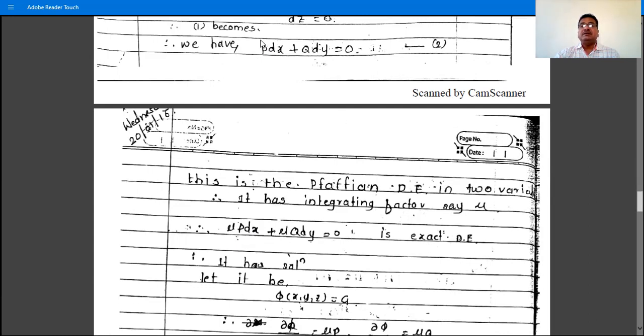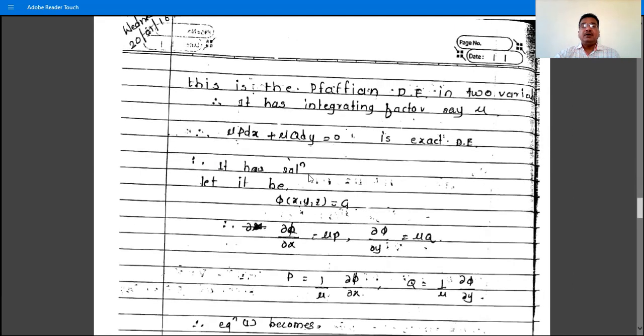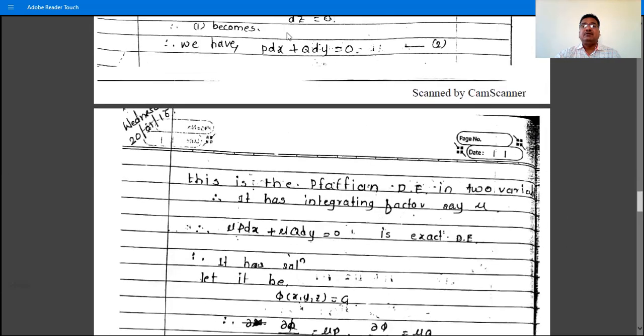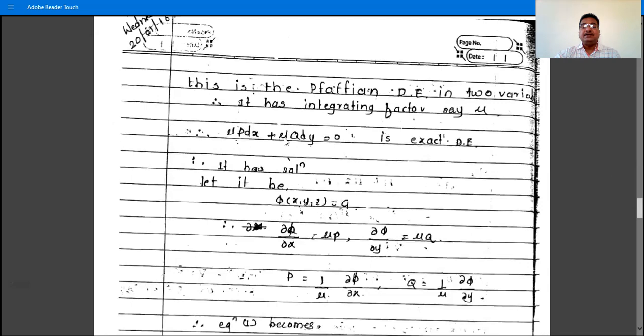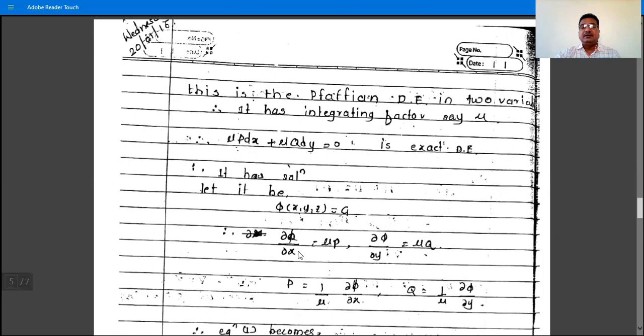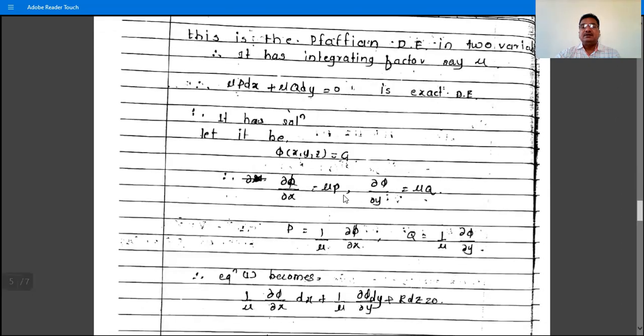Suppose this equation is itself exact, then mu is 1 and therefore it has a solution. Let phi(x, y, z) = constant be the solution of this differential equation, because this is integrable. Now equation 2 is integrable, so it has a solution. Suppose phi(x, y, z) = c1 is its solution, then we have delta phi by delta x is mu p, and delta phi by delta y is mu q,